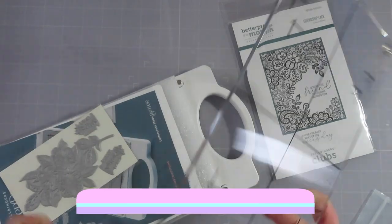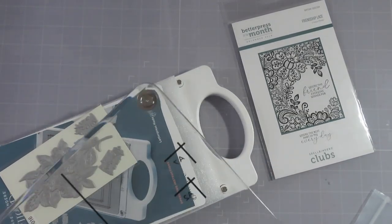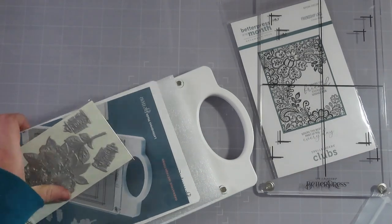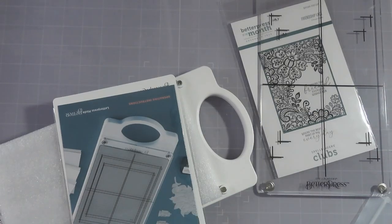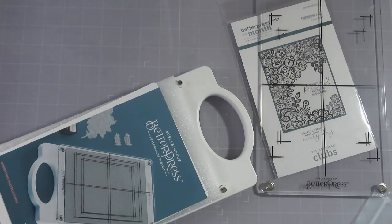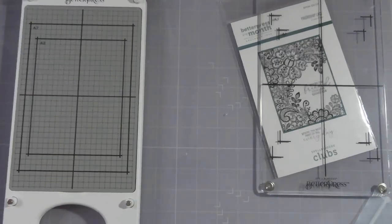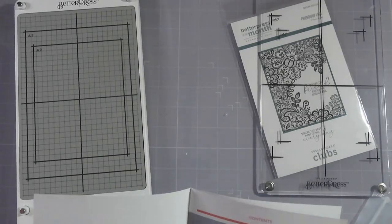In December after I got it, I was trying to figure out the whole press plate situation and what I was going to do with that, because I didn't ask him for any press plates, I just asked him for the machine. So all I had was the one that came with it, which you can see right on the top there, because like I said, all I did was take everything out of the box. I hadn't actually opened any of it to use it yet. So that was the only one I had, and I had an idea using that one, but I ended up deciding that I wanted to build up my press plate